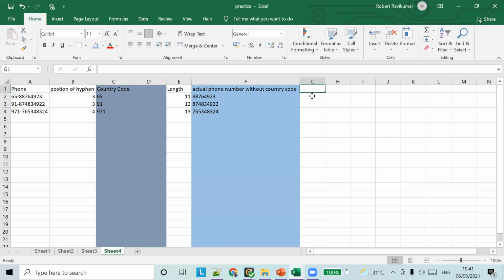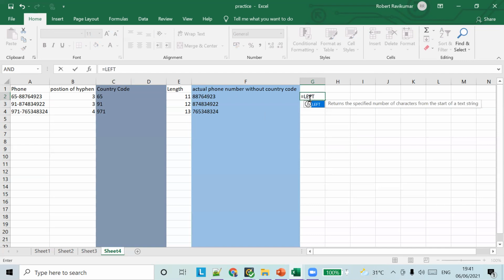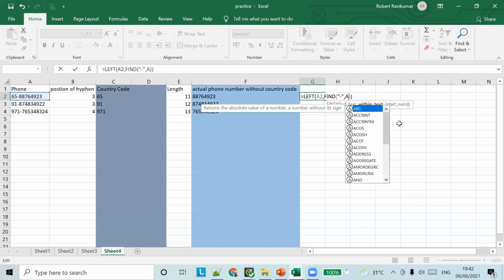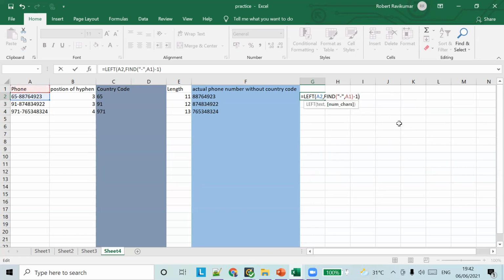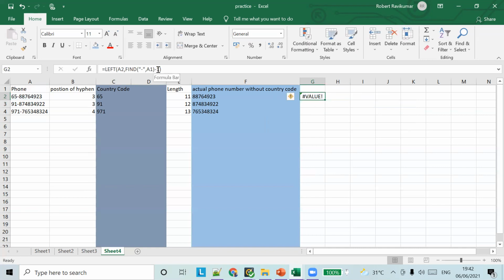Let's say is equal to LEFT of A2, comma, number of characters is FIND hyphen, comma A1, minus 1.